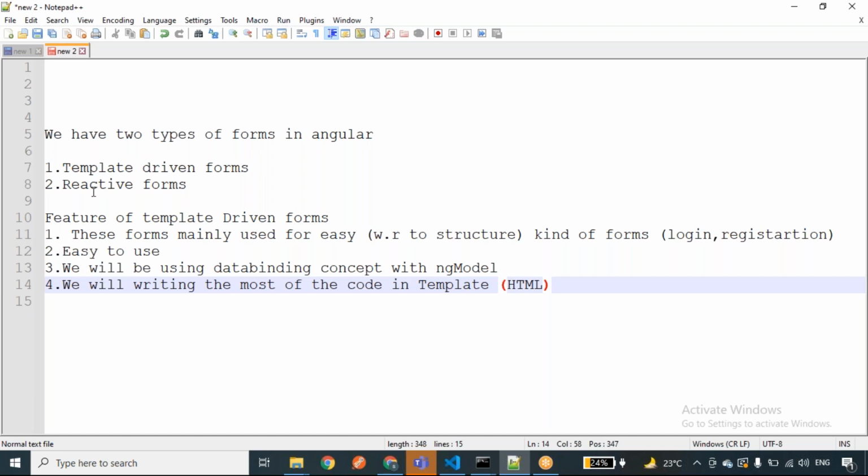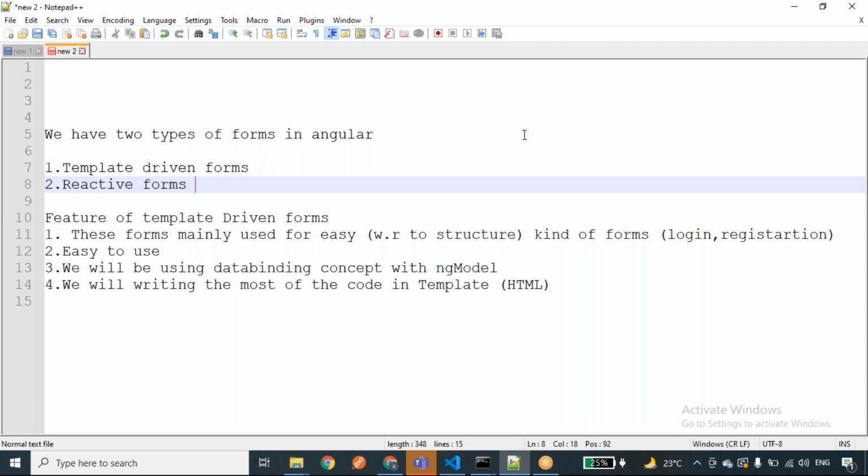When it comes to reactive forms, we are going to use them with complex forms. A complex form is, for example, when I want to conduct a kind of survey where I need to get some information from people. Here the questions or the form structure will be in a complex mode. For example, if I have one radio button, and I select yes, then based on that yes answer I am going to show two other different questions.